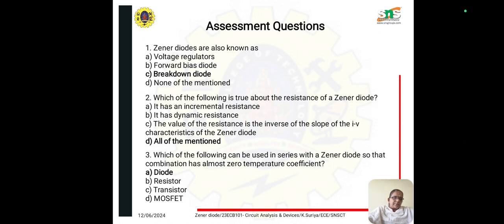Which of the following can be used in series with the Zener diode so that the combination has almost zero temperature coefficient? So the answer